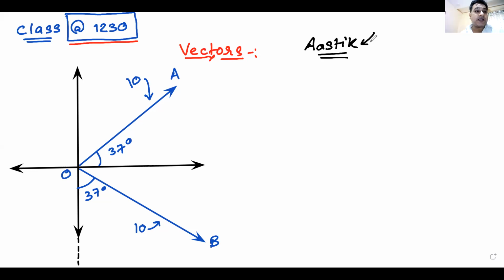Now, let us go back into the class. What we were discussing yesterday. Anyone? What was the point of discussion in yesterday's class? No one knows what we were discussing in yesterday's class. Everyone is still joining. I am audible. Hopefully I'm not muted. Let me check it. Oh no, I'm not muted. Krushita says addition of vectors. Okay. So we were discussing vectors and we were discussing addition of vectors.